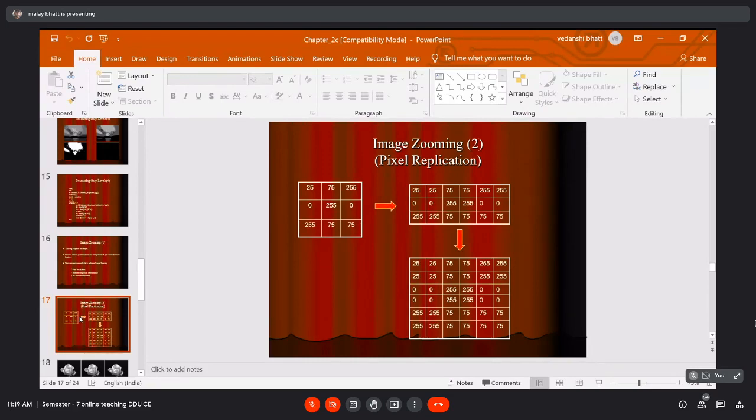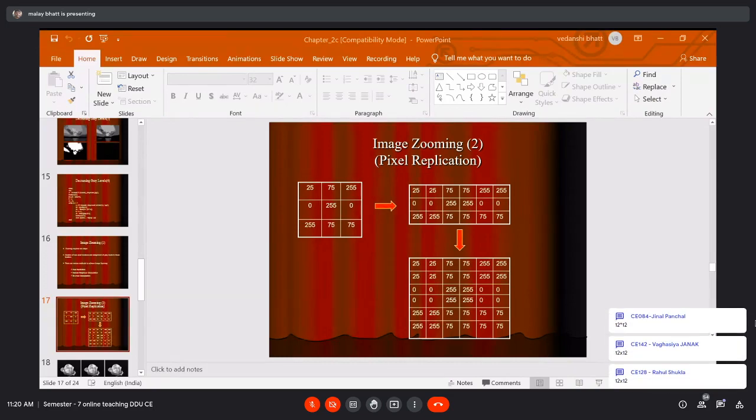And you can see that we are maintaining the aspect ratio as well. So it is a very simple method. Now let us assume that you replicate this 6x6 image to the next level. If you replicate this 6x6 image one more time, what will the size of that image be? Yes, can you write it down in the chat window? Yes, so it is 12x12.